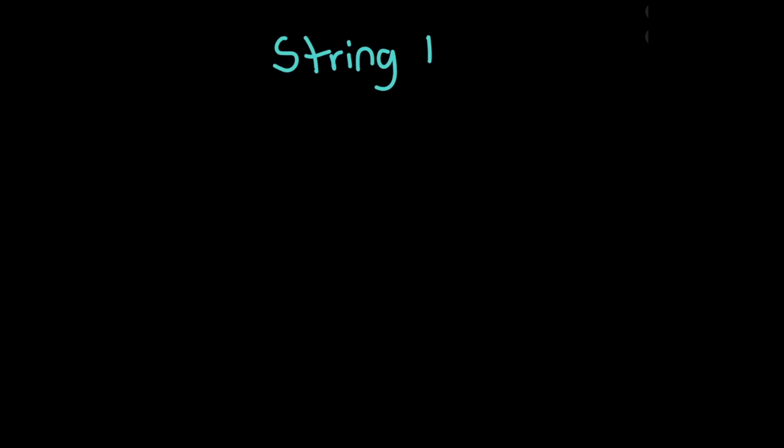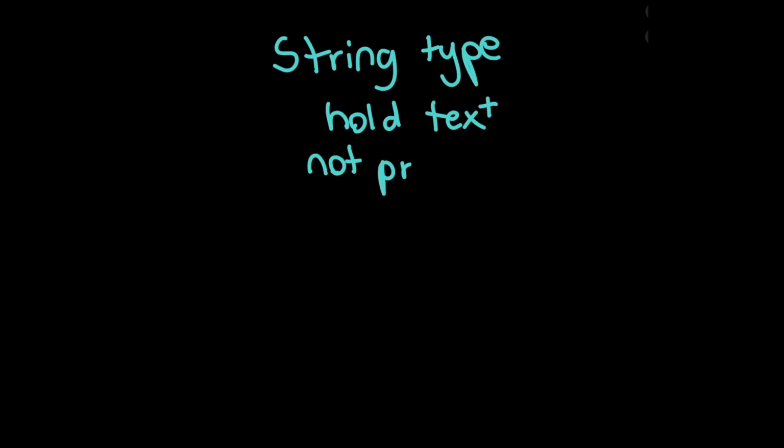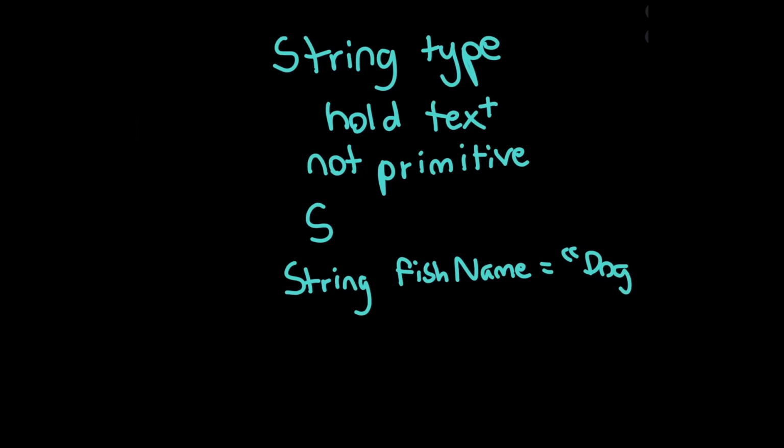String type. Strings are variables that hold text. Strings are not a primitive type, so you must declare them using String with a capital S. Unlike characters, we need to use double quotes while assigning strings. Here are a couple of examples: String fishName = "dog";